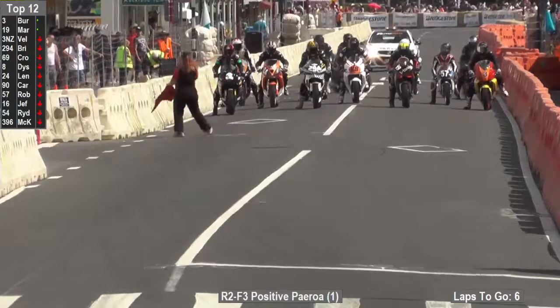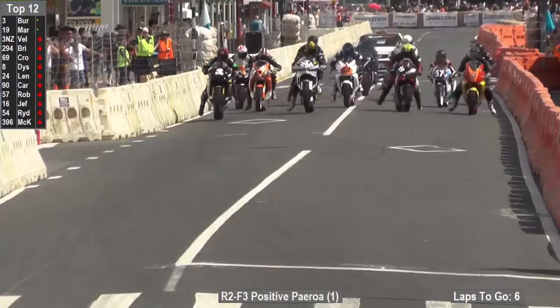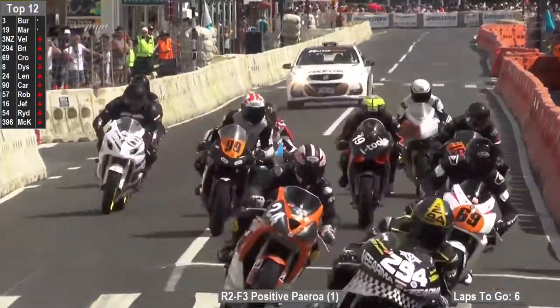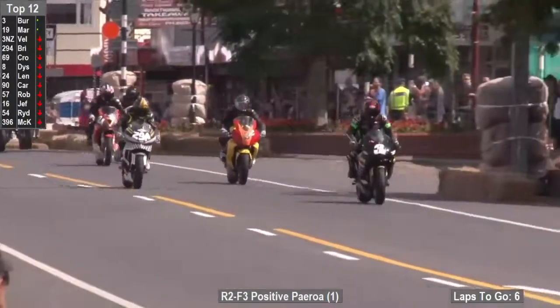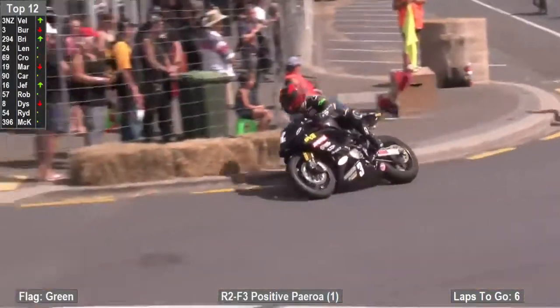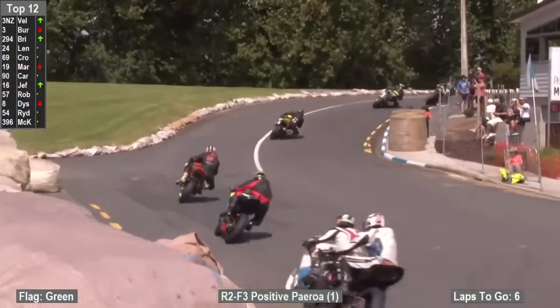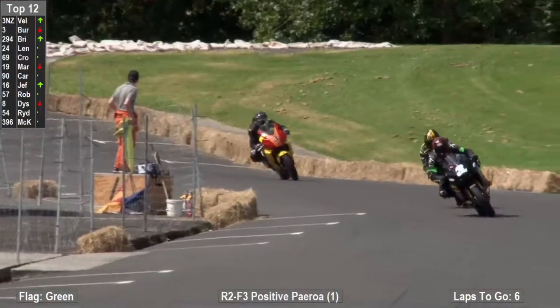Markham. Red comes away, we get the green up in the air, we're just about set to go racing 6 laps. We'll get it done here for the Superlights, brought to you by Positive Paeroa, and into the front goes Gavin Beltmeyer, and right in beside him at the moment. In fact, there's a 3-way battle between Jordan Burley and also Steve Bridge as they work their way into the Ash Caddy turn 1. But I'm picking it'll be the Suzuki of Gavin Beltmeyer, the GBR Suzuki 645 these days,